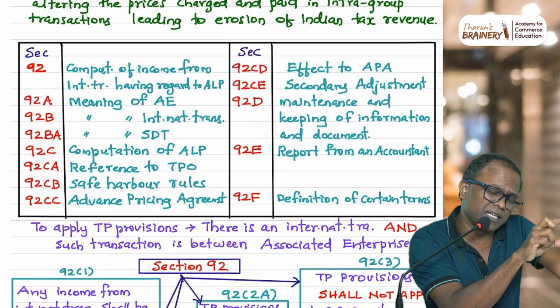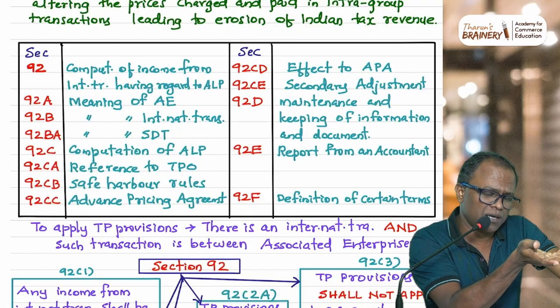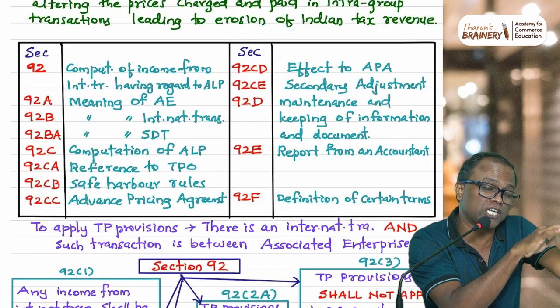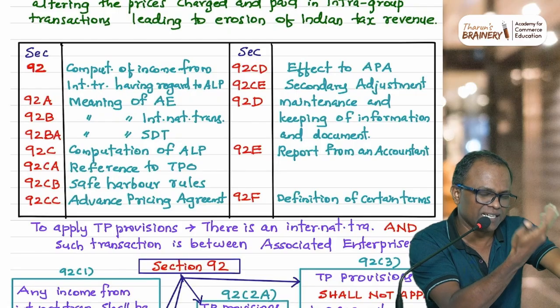But even though income is increased by the assessing officer or TPO based on the ALP determined by them, if the assessee maintained proper books and documents, and because of the computation difference the increase in income arises,